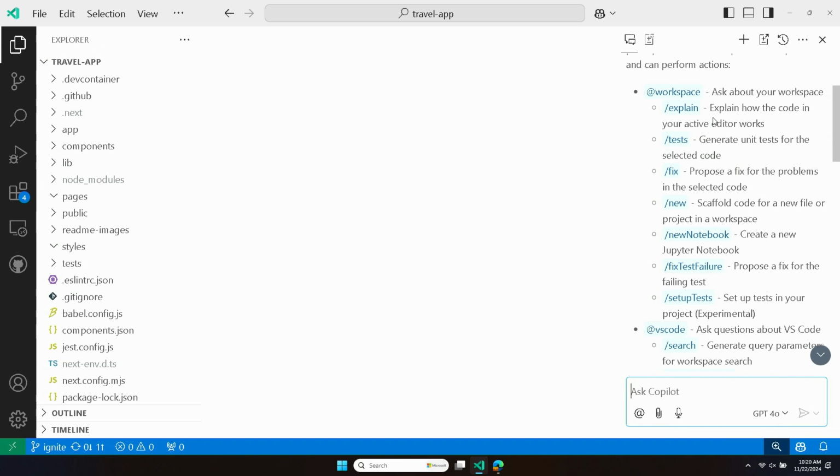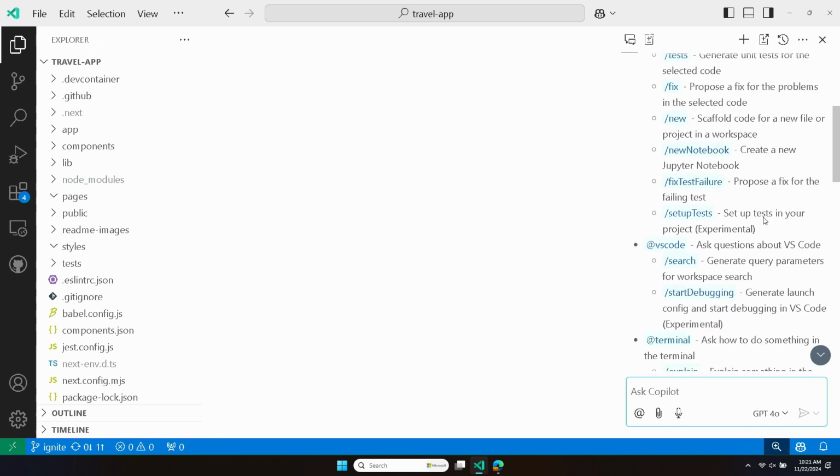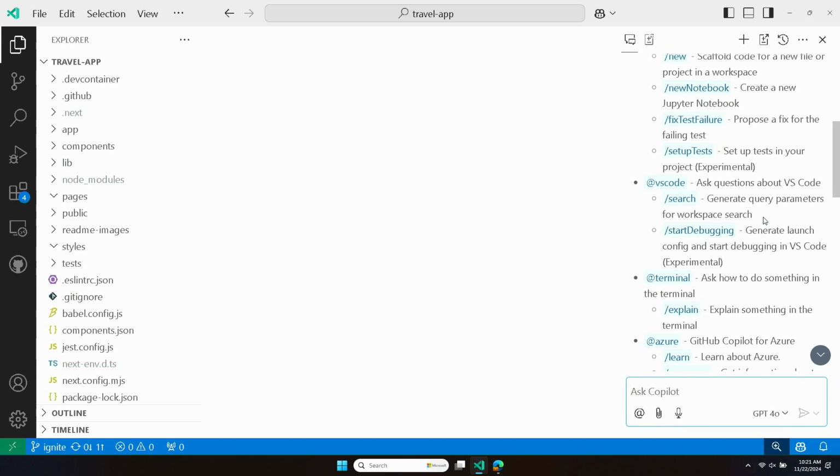I could totally just type out natural language, my questions or my suggestions to Copilot, but sometimes it's a little bit faster and could even be a little bit more accurate or helpful if I use one of these slash commands to give Copilot a better idea of exactly what I'd like to accomplish in my question. I'm going to see besides @Workspace, I have a variety of other participants that can help me in my development and in my learning. So I even have one for VS Code that's going to be an expert in VS Code.